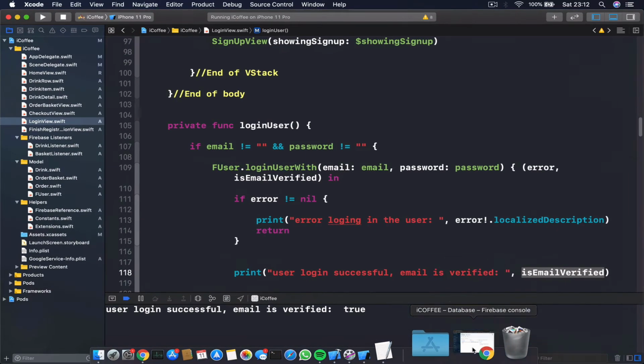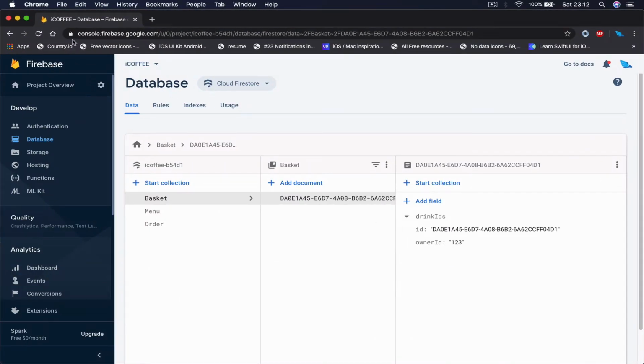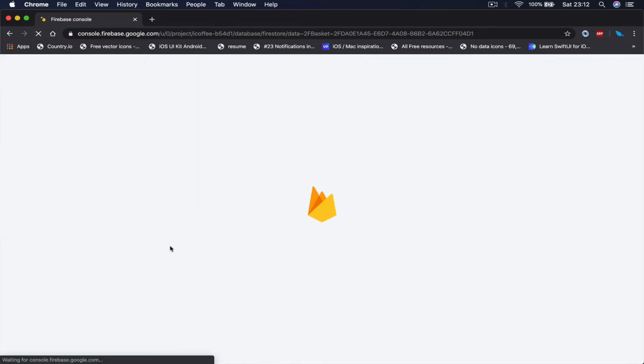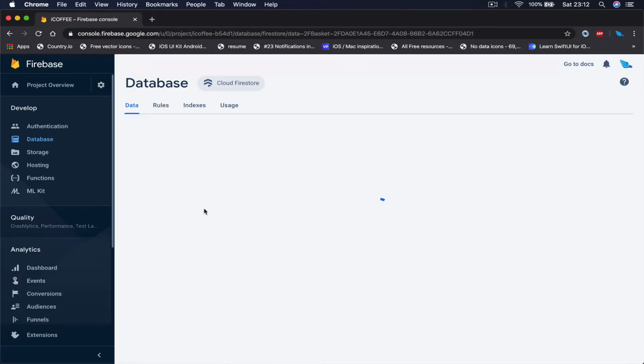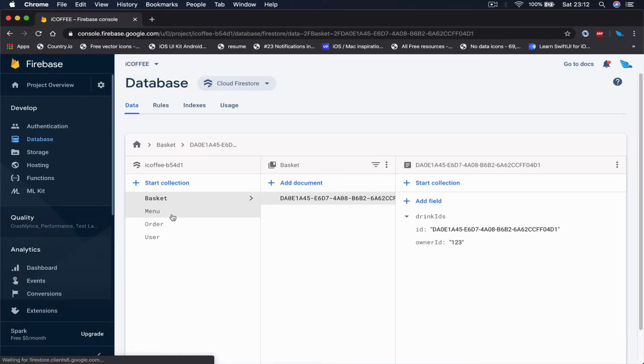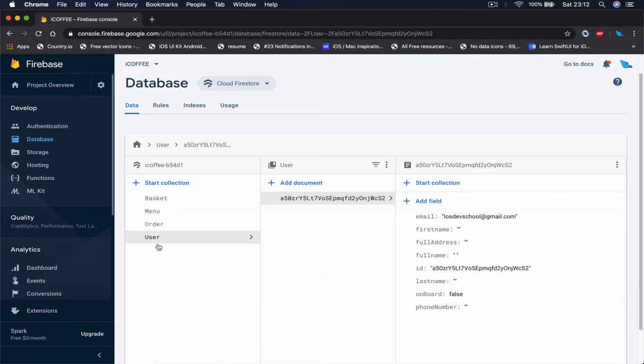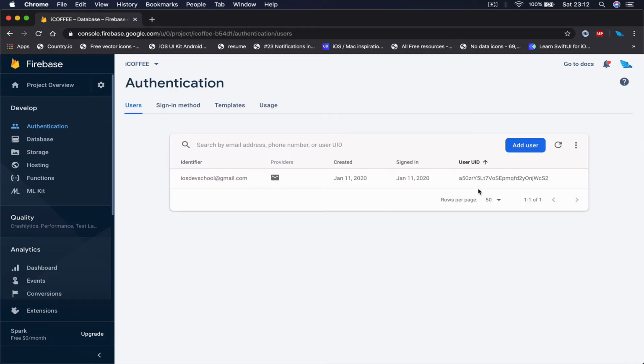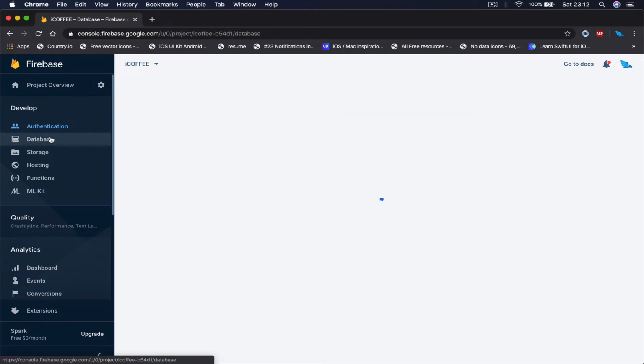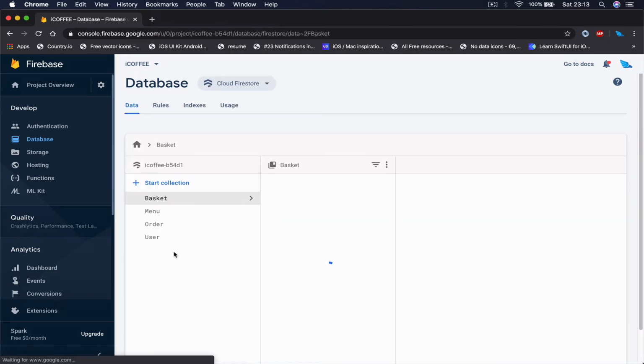Let's go to our Firebase here. I'm going to refresh, and theoretically we have to see a fuser object saved here, which is correct. We have a created new user section. We have an ID here. If I go to my authentication, you will see that my user ID starts A50ZR, and this is the ID that we have just created for our fuser object here,